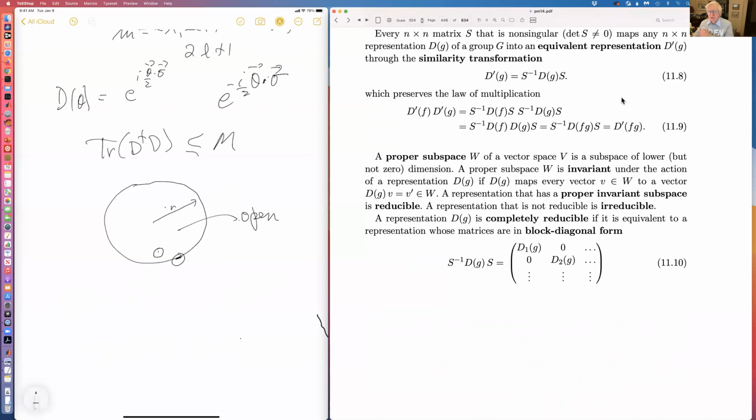Now, a concept that's simpler and more important than compact and non-compact is the idea that if you have one representation of a group, you almost always can find another representation of the group. And the reason why that is true is that